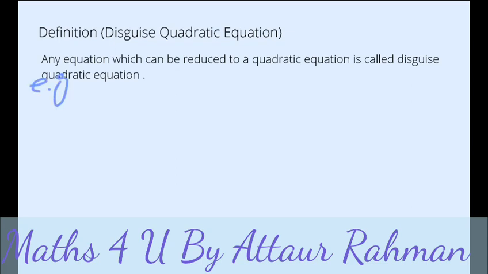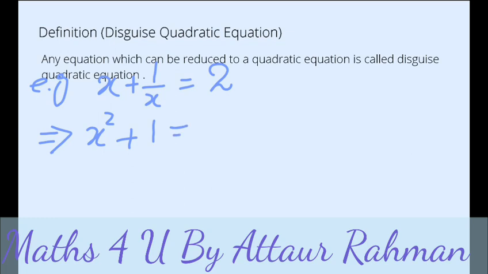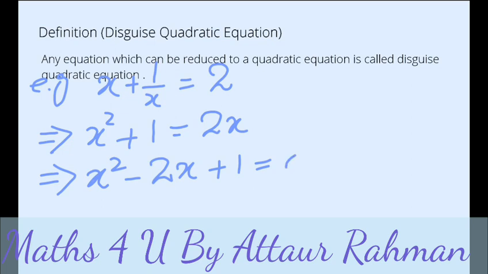Suppose we have x plus 1 over x is equal to 2. It is quite clear that it does not look like a quadratic equation, but after clearing the denominator, that is multiplying throughout by x, it will become x square plus 1 is equal to 2x, and further simplification gives x square minus 2x plus 1 is equal to 0, which is nothing but the standard form of the quadratic equation. There are many kinds of disguised quadratic equations, but today in this lecture we will discuss the first form